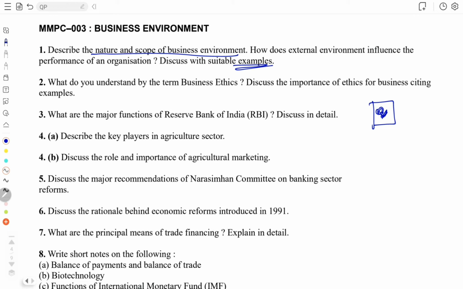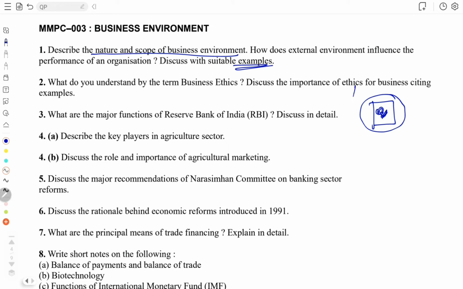Externally, there is a closed circle which closely surrounds the business. That includes your suppliers, your customers and your marketing intermediaries, who will have a very direct influence on your organization. If your customers are not happy, if you don't get enough quality suppliers, or if your marketing intermediaries are not very helpful, it will affect you a lot. Conversely, if you have very good customer relations, or have found very good suppliers who can give you good quality things, it will impact you in a good way.